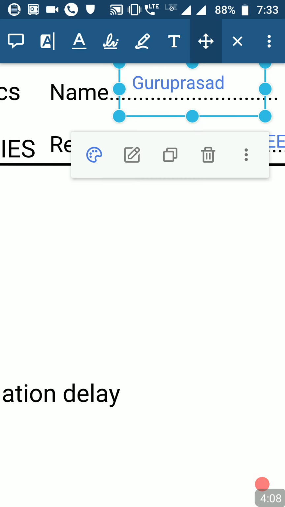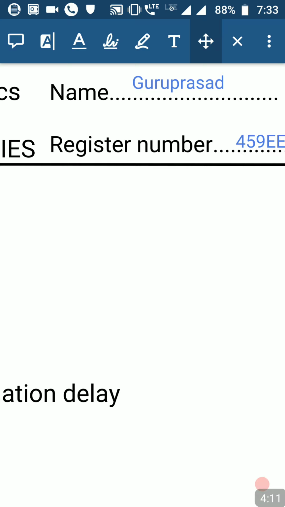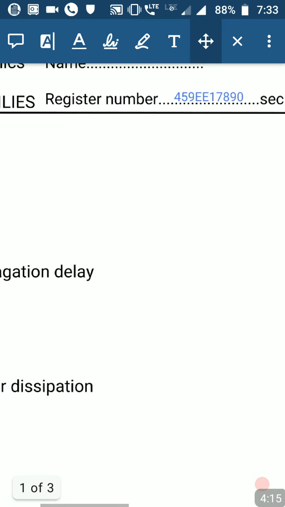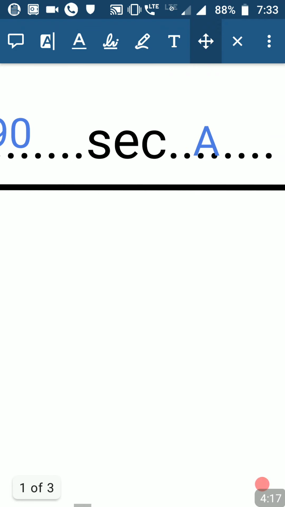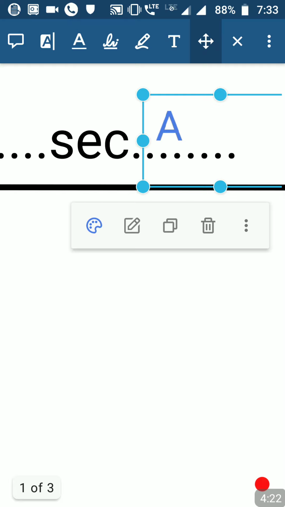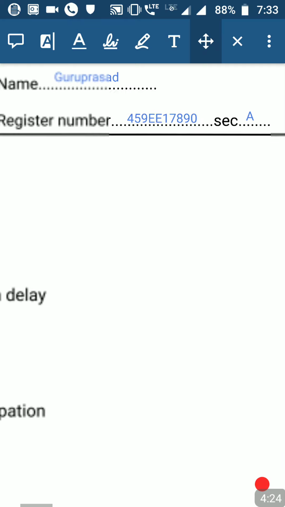You can just move this and place it down. So click on the center tab. Okay, center of the mobile, you will be able to come back. Okay, so then zoom it again. Just go to the section part. Let me select this. I'll just place it a little above it so that it looks tidy and clean.